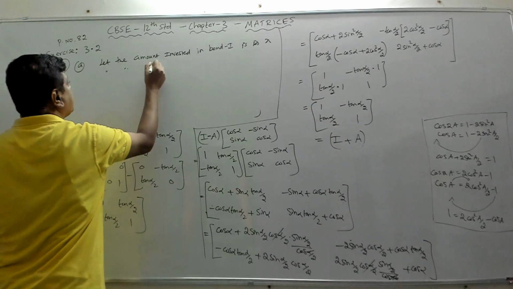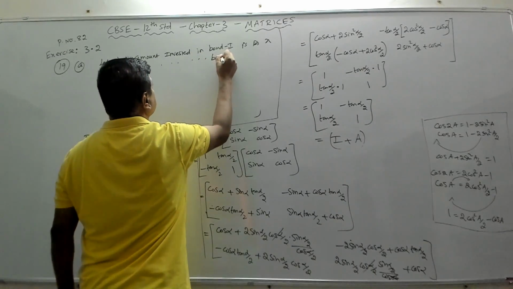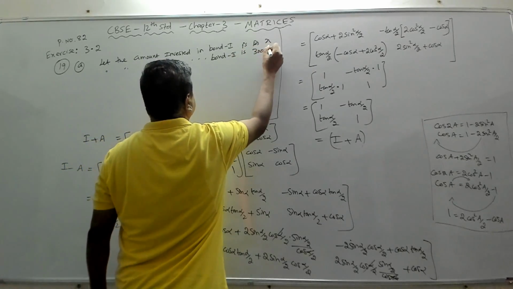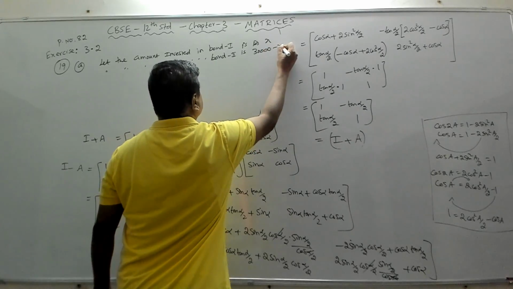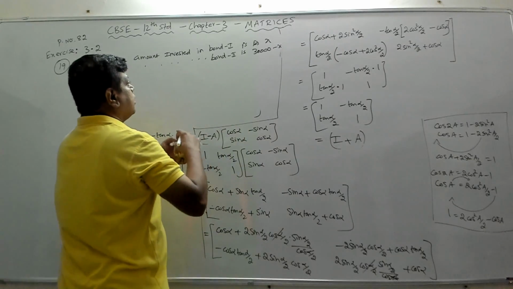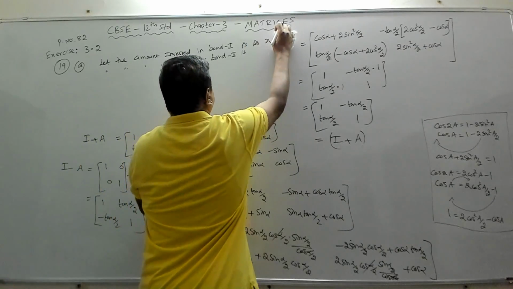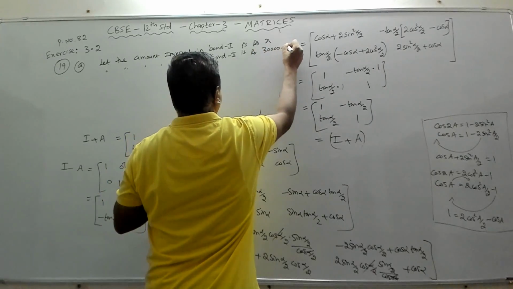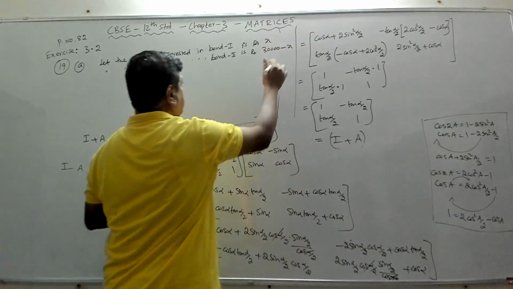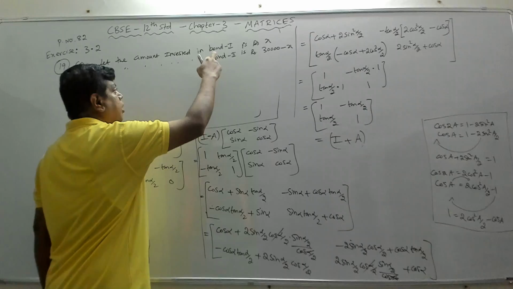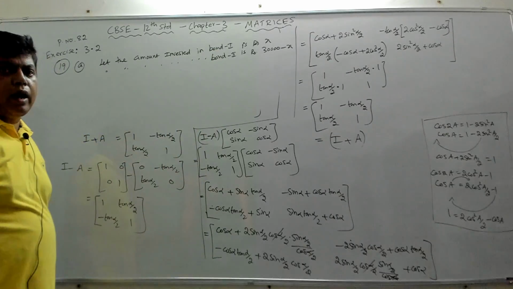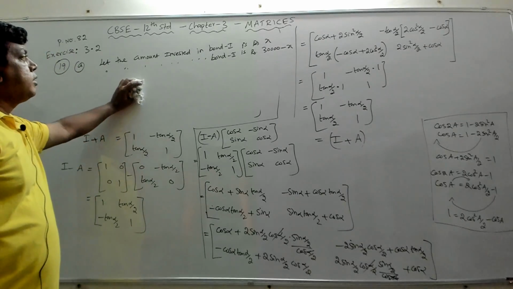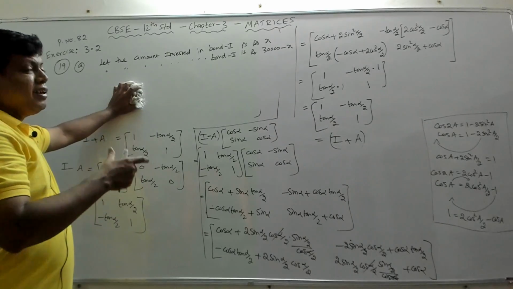Then let the amount invested in bond 2 be what? It is obviously 30,000 minus X, because totally they have 30,000. If in one bond they put X, the remaining amount, 30,000 minus X, should be put in the other bond. So this is the money that they are going to invest in the second bond. Bond 1 gives 5%, bond 2 gives 7% interest per annum. Now, using matrix multiplication, we have to determine how much money is split between those two bonds so that the interest is